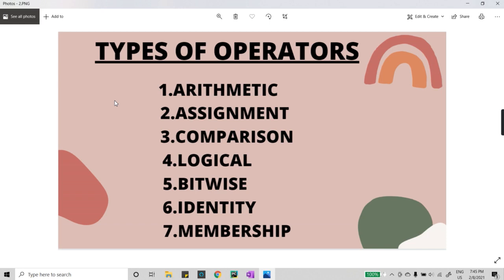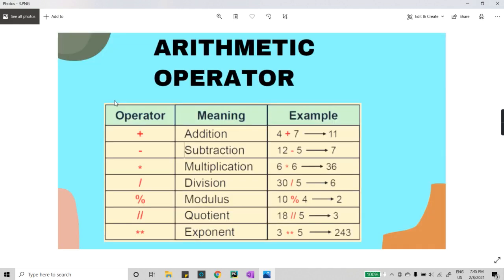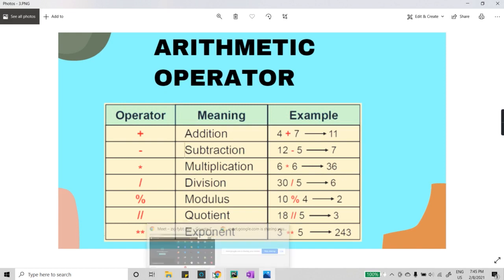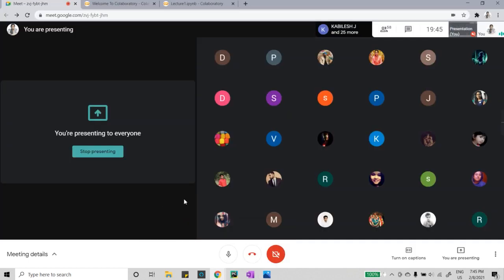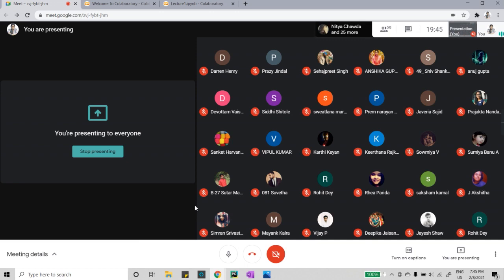The remaining 4 we would see in the further classes, because before knowing them, you should know some more topics. Then we would discuss the rest. Fine. So moving towards the arithmetic operators. Just in the comment box, quickly tell me what arithmetic operators you know.